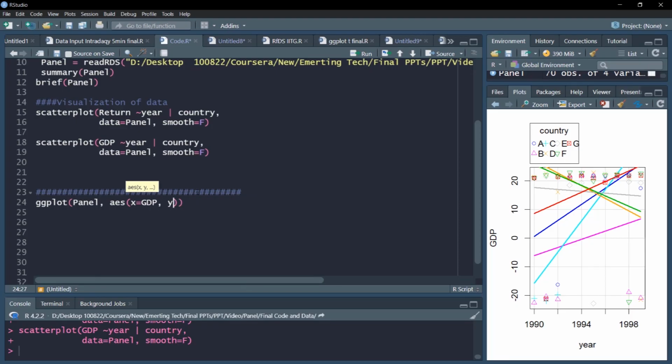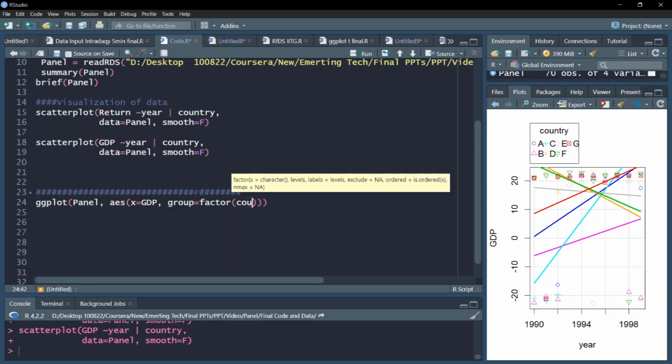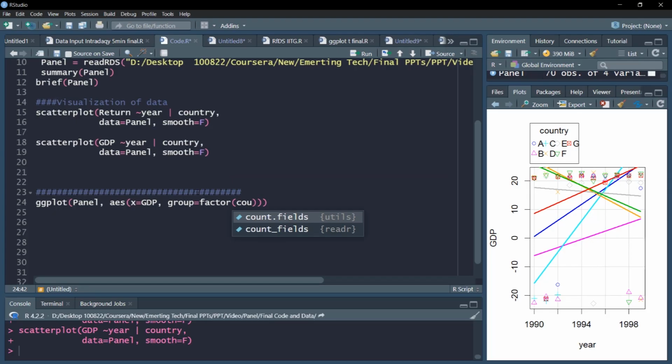Because this is a univariate series, there's no y-axis, so we'll group the data across country. I'll use country as a grouping variable, so the data will be grouped nicely across countries. And for fill, we'll use different colors according to country.